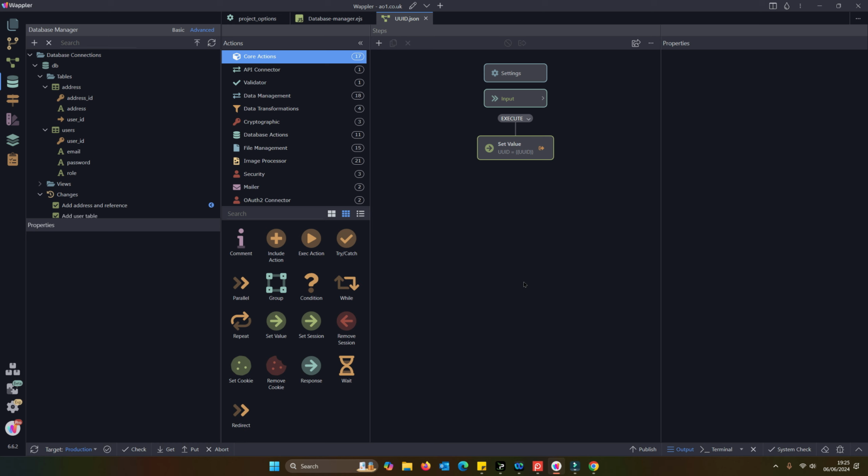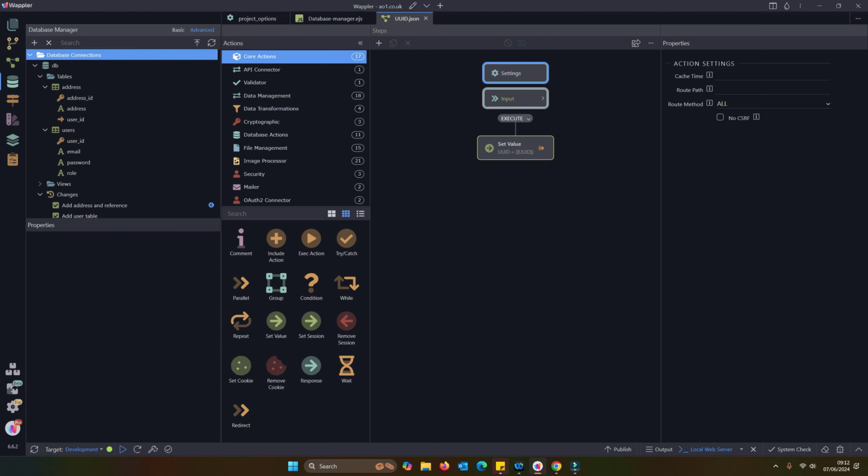So that really is all it takes to create a relationship. Obviously there's much more complex relationships available within the Wappler Database Manager now, because we have our subtables, we have our multi-references, but as I say, they are the subject of a future video or another video which is already actually available to you. So that's how we deal with our references. So I think now is probably a good time to have a look at database templates.